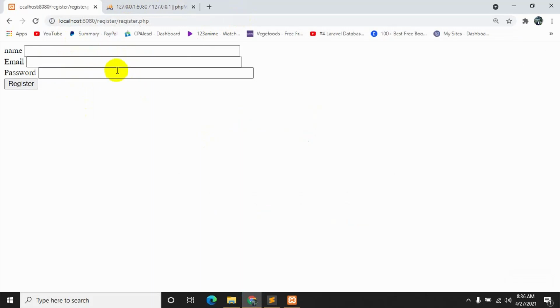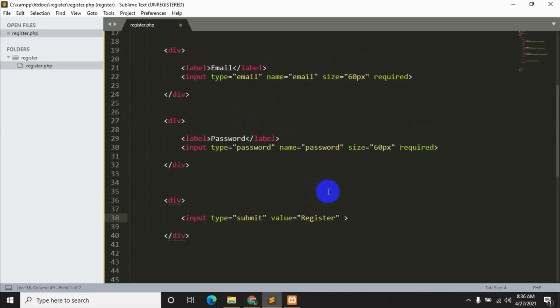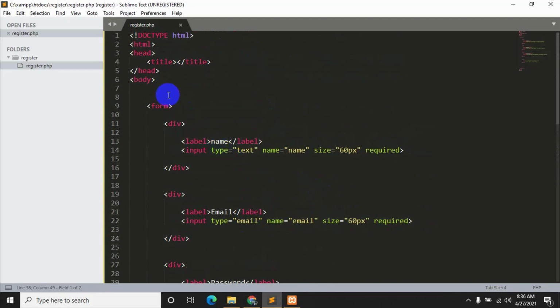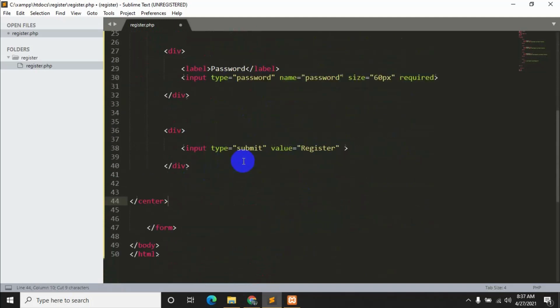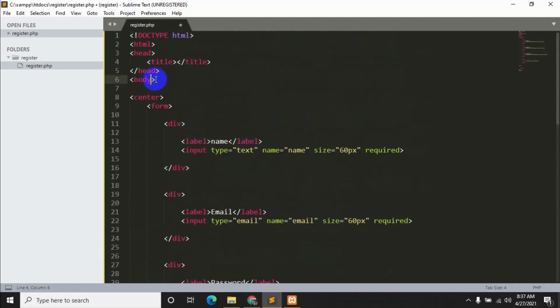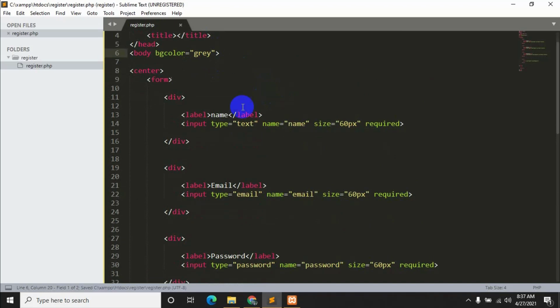Okay, so let's just add a little bit of design so that it looks better. So first of all let's have them in center. I'll just cut it and put it over here, and then let's also give a background color, let's say it will be gray, and let's add another div inside this form.